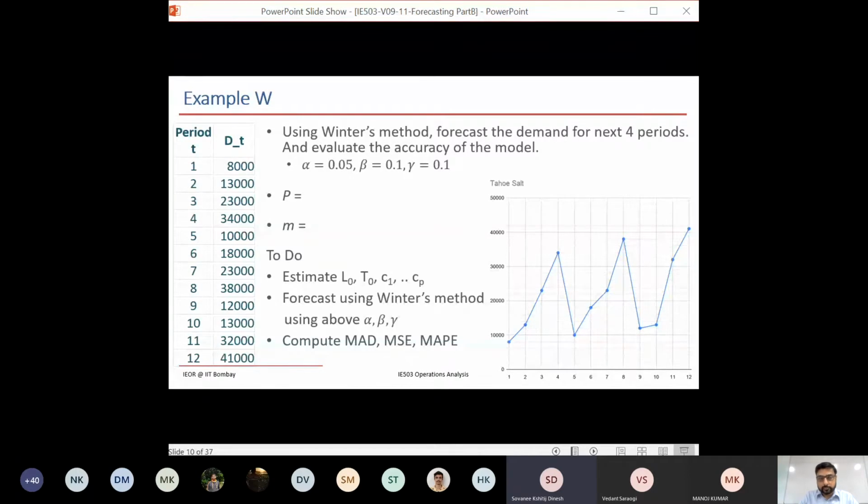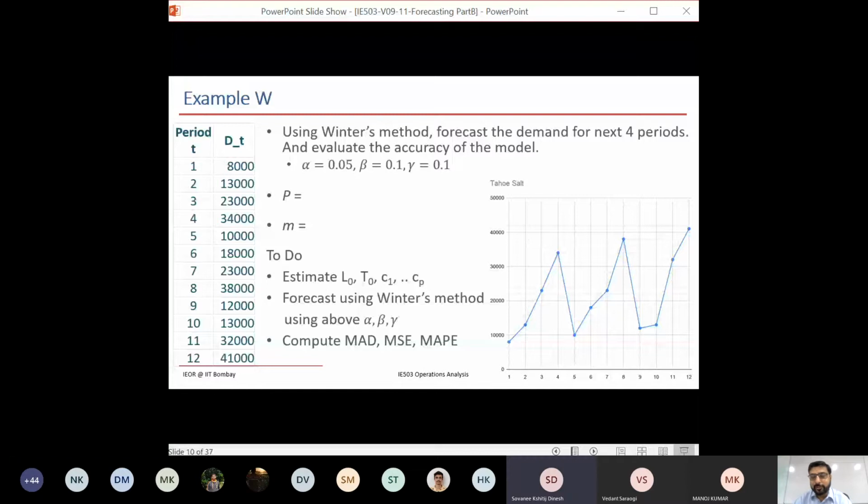Would it be better if I were to directly use the 12th period forecast and predict 2 periods ahead using L equal to 2? Or would it be better to first predict the 13th period forecast and then using the 13th period forecast predict for the 14th period? Because Winter's method and double exponential smoothing are designed to adjust the slopes as and when new data comes in. So would it be better to directly use F12 to calculate F14, or go from F12 to F13 first and then use the new slopes obtained after F13 to calculate F14?